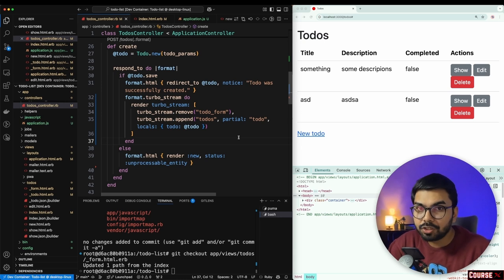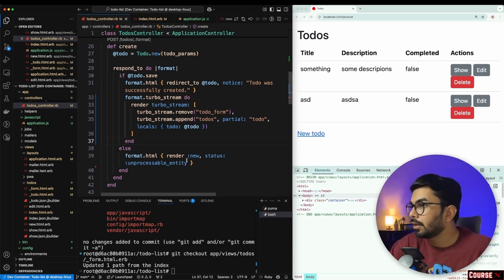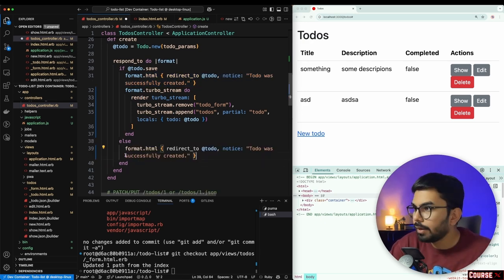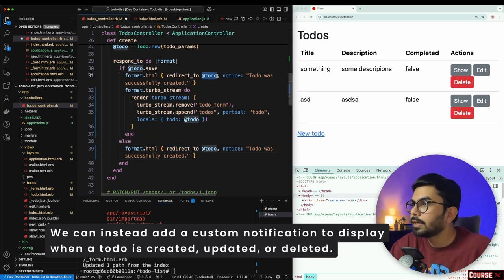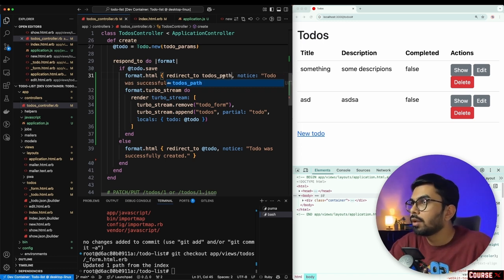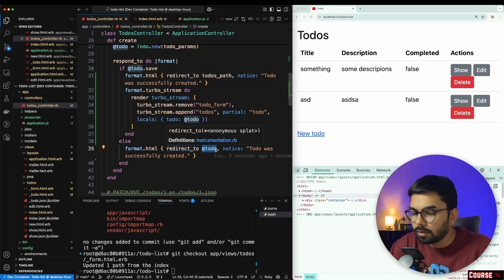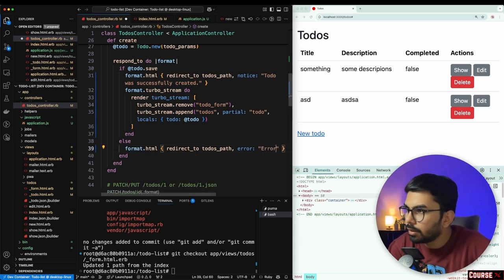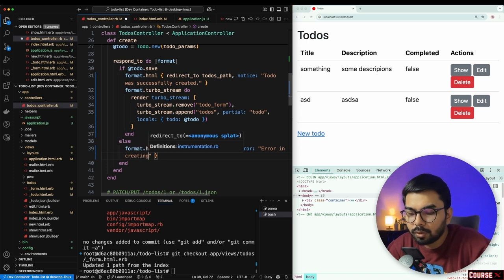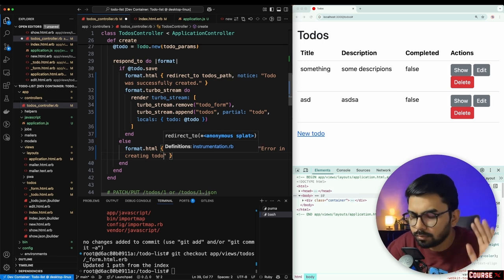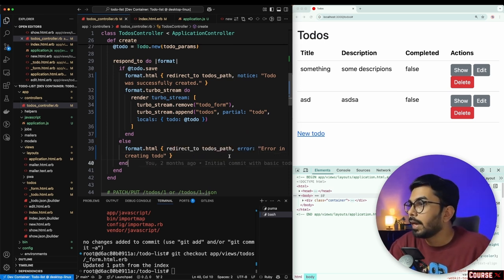For the else operation, what we can do for now is copy this format and redirect to, let's give it a to do's path. Same goes here, and we will give an error or alert saying, error in creating to do. Let's give this for now, and